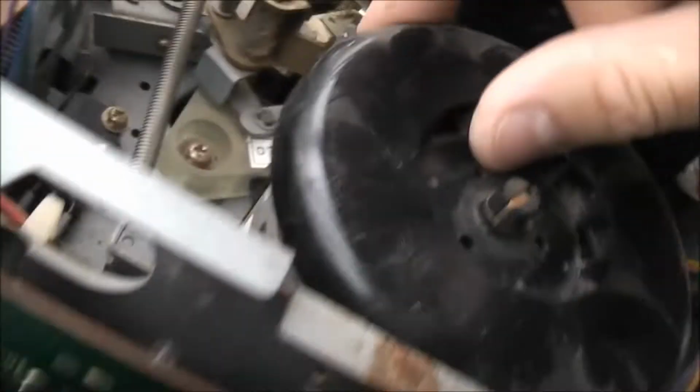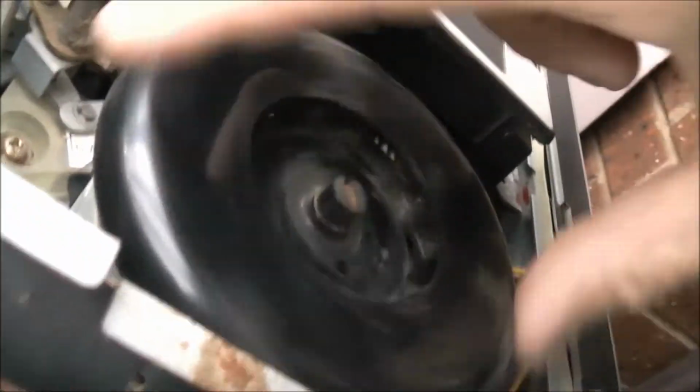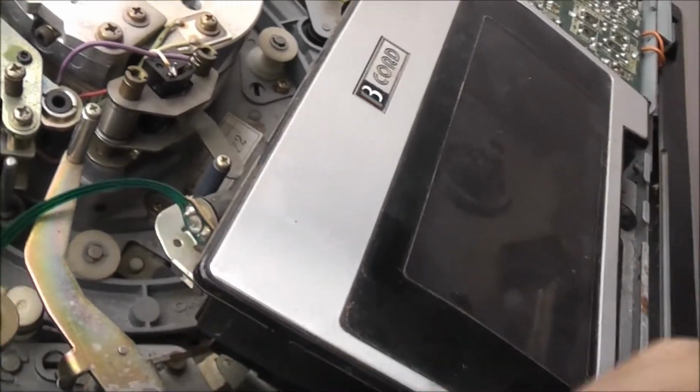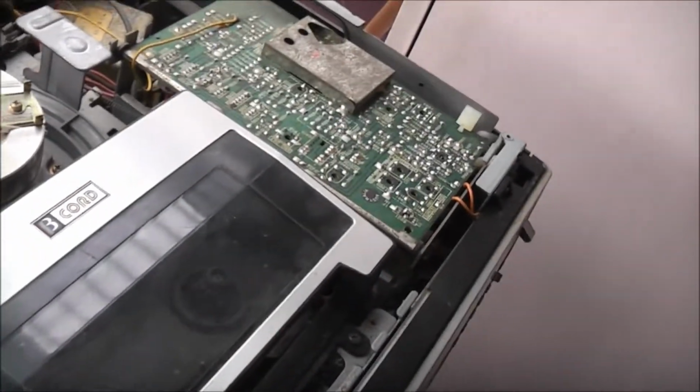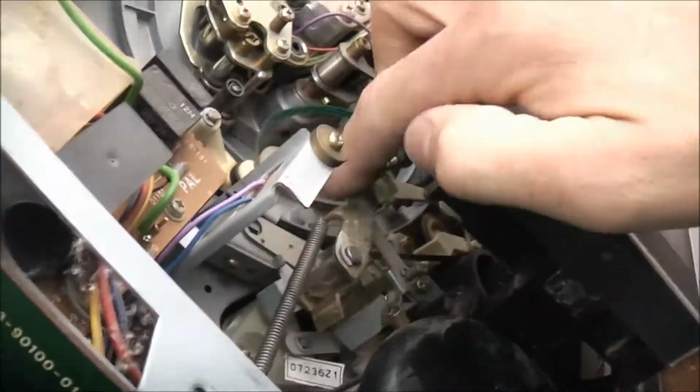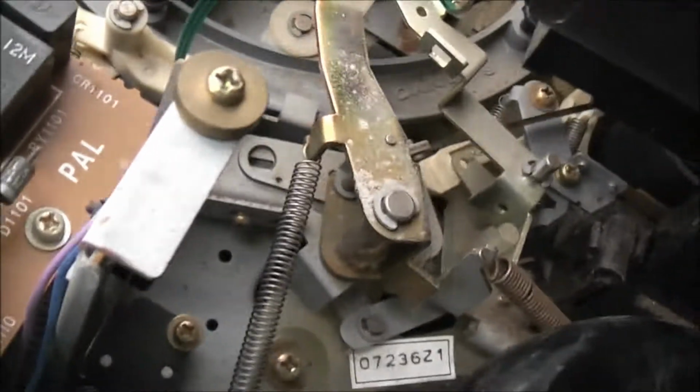Just do that, and I feel it slipping. Oh, that's the fan slipping. Okay, that's the fan slipping. Now the belt looks alright. Nice big transformer. Hit the eject button here, see? That pulls this back in. This all has to be lubricated, so